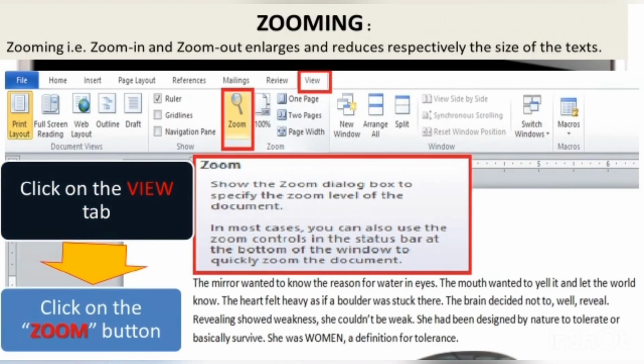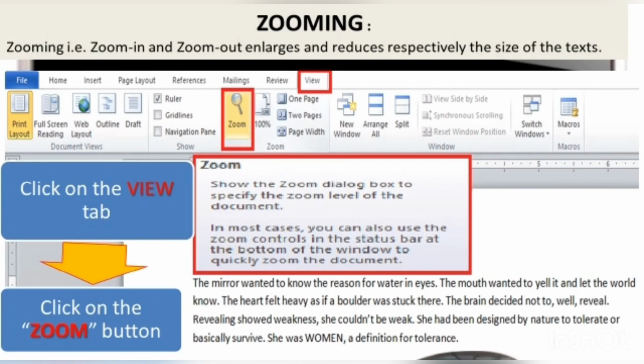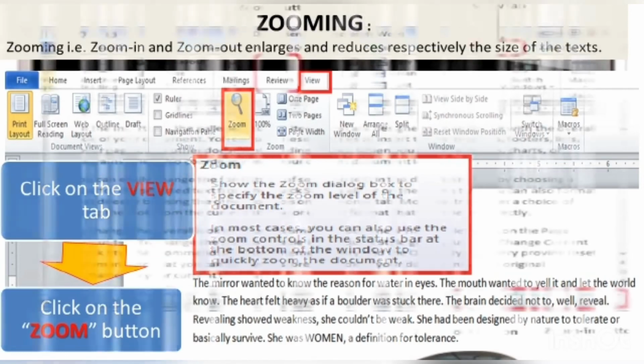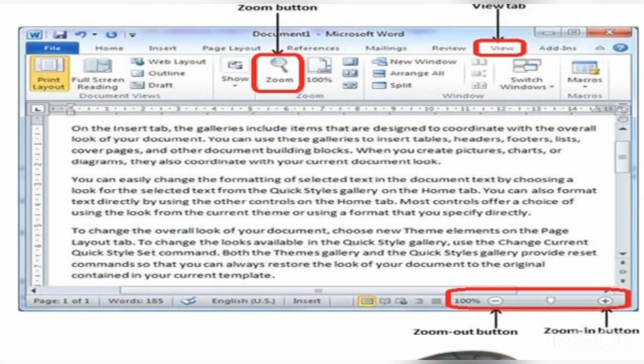Next is the zooming tool. There's a very interesting thing to do. You can increase and enlarge the size of the text that you have written in the Word file. You can click on View and select the zoom option, which is circled in the red rectangle. You can also zoom in and zoom out using the minus and plus signs with the arrow mark present on the status bar.